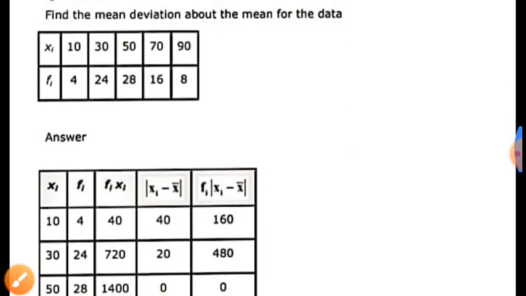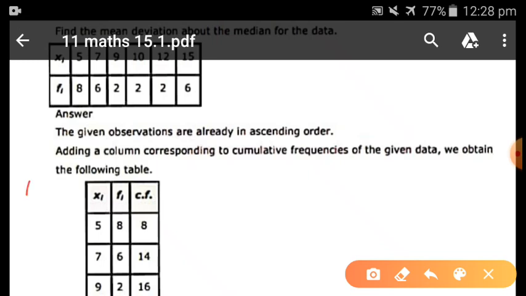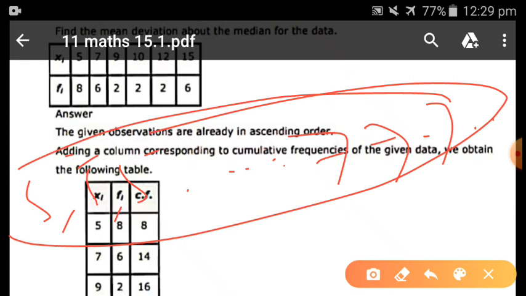In the same way, the next problem is the 6th problem. You can do it as homework. And the 7th problem is mean deviation about the median. This we have already discussed in the introduction part, where I explained this model. Here x is repeated 8 times, which means the data is actually ungrouped. What is the meaning of that? 5, 5, 5, like this 8 times 5 is there. 7, 7, 7, like this 6 times 7 is there. Instead of representing the data like this, the data is given to you in tabular form.